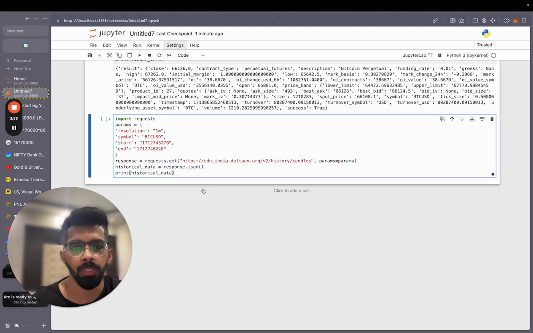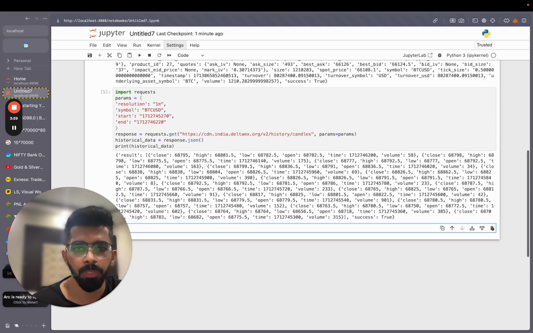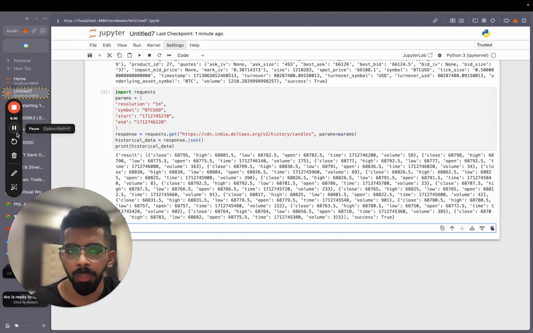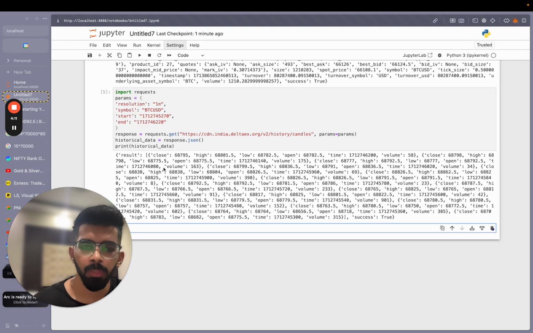You can use this data to build your strategies and backtest them and see if they perform well or not. So this will give us all of the historical data. The resolution is 1 minute. The symbol defines what symbol, that is Bitcoin USDT, and the start and the end times are given in seconds. In the data, as you see, you can see the close, high, low, and open prices along with the time